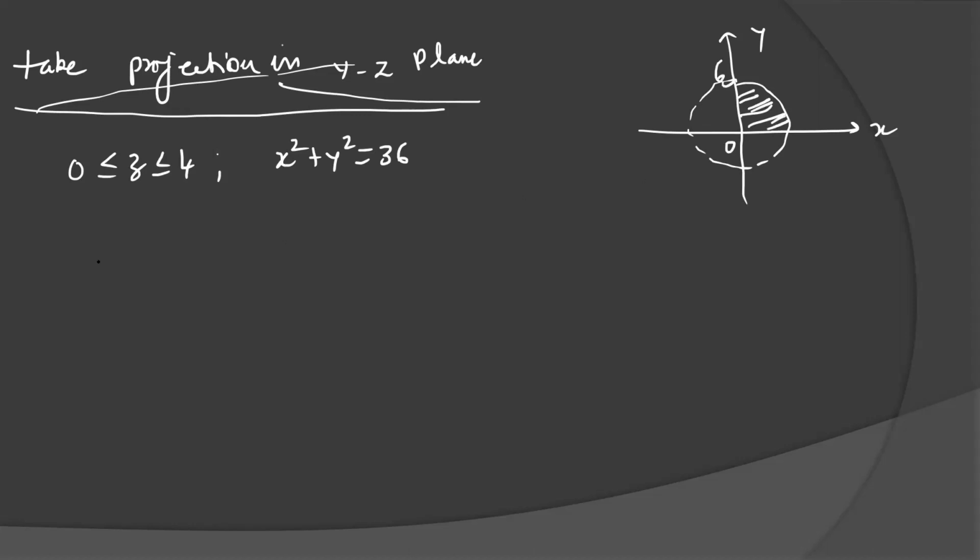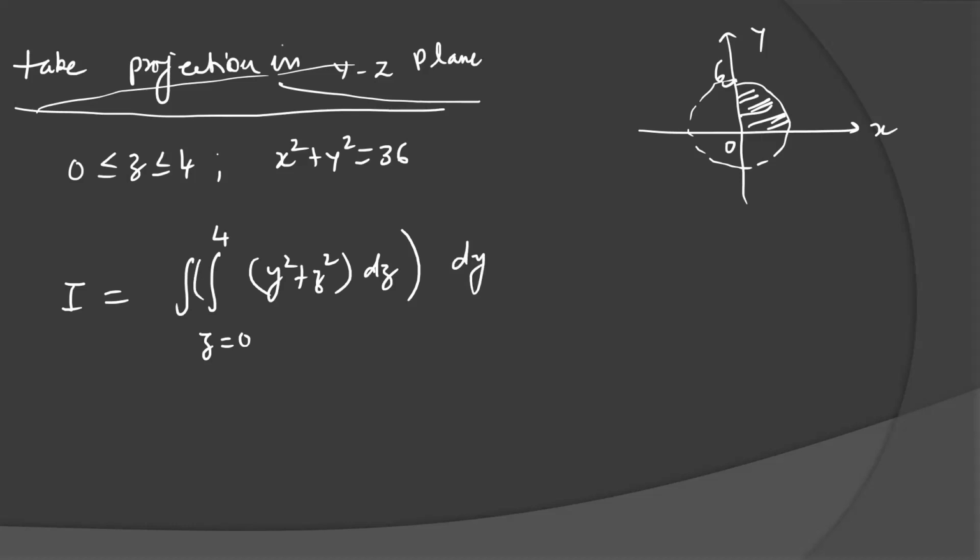In the circle, I am going to take firstly the integration in z. So z is from 0 to 4, y square plus z square dz. Now the problem is with the limit of y, what we have to choose? Some people take y and x. X is here also from 0 to 6, but we can take one limit constant, and another will be in the form of a variable because the bounded region sides are not parallel to the axis. So here two possibilities. You can take x from 0 to 6. Then for y you have to take the strip. It will be 0 to under root 36 minus x square.